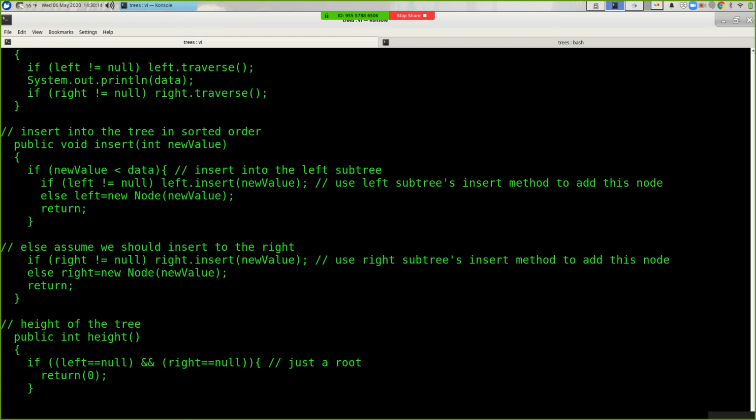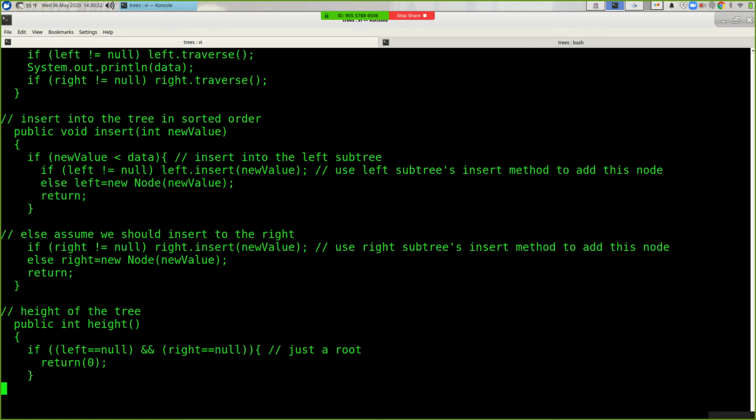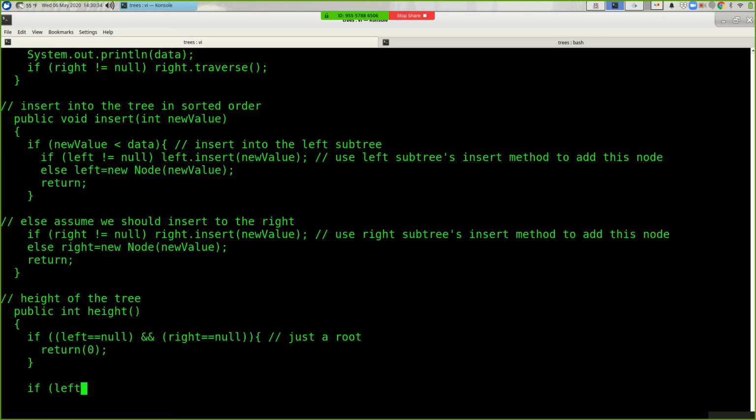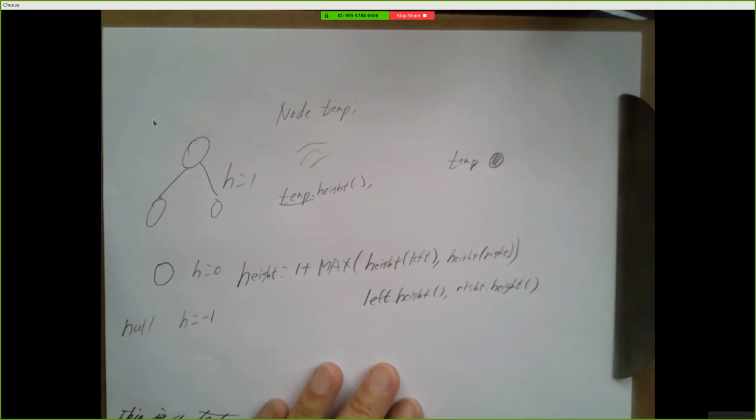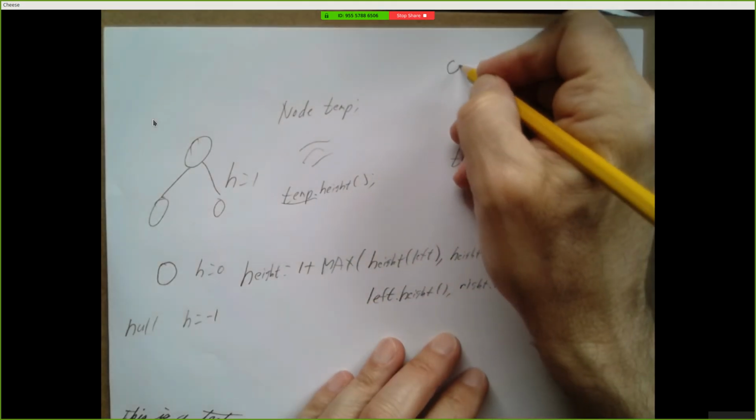So yeah, this is counterintuitive, right? One node looks like a height of 1, it's actually 0. We go down by 1. Alright, so if the left and right trees are null, then we return a 0. Okay, if the left subtree is null, okay, if we get past that, then we know that we don't have